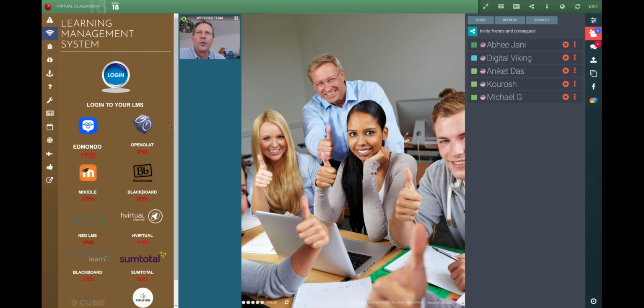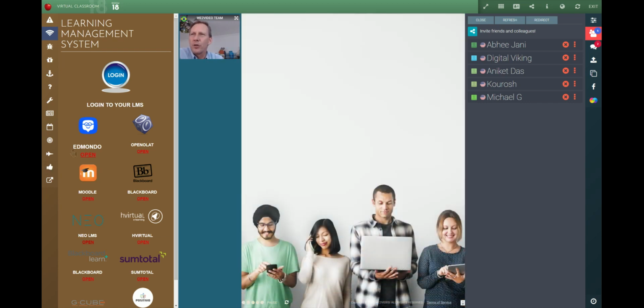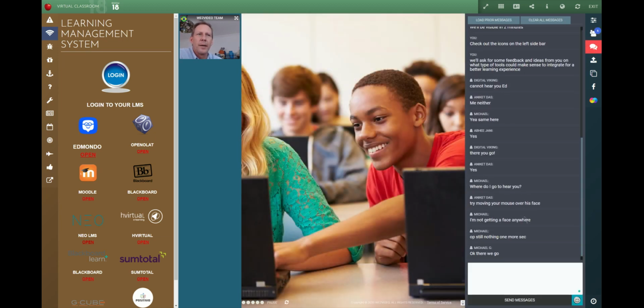If at your university you use any specific learning management system, you just put it there where it says open, just click any of them. It pops up your login possibility, and each one of us is going to log in with our own login credentials.